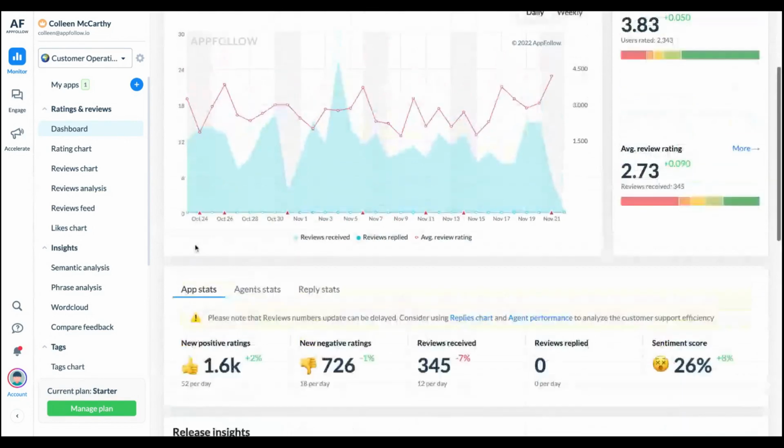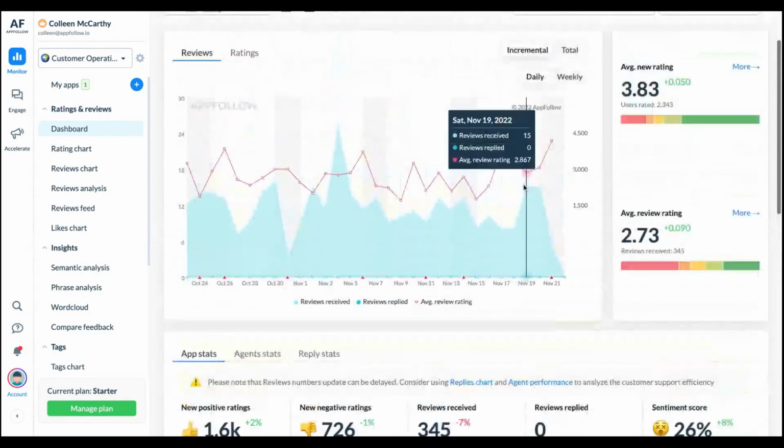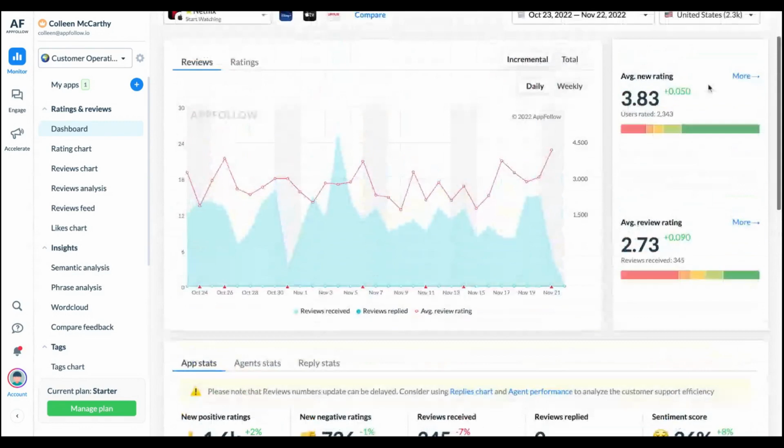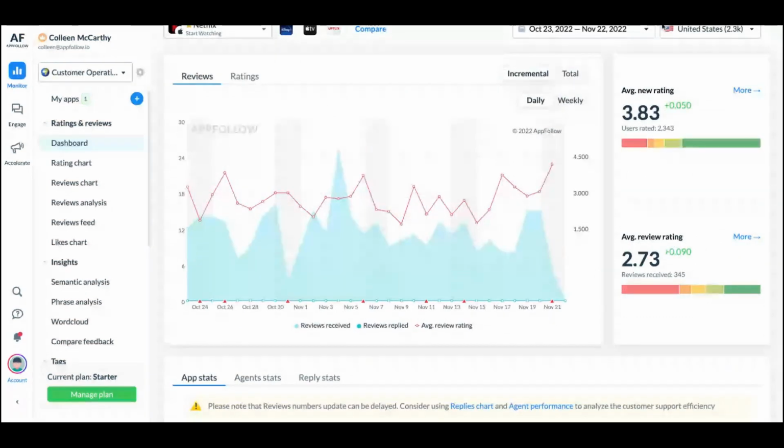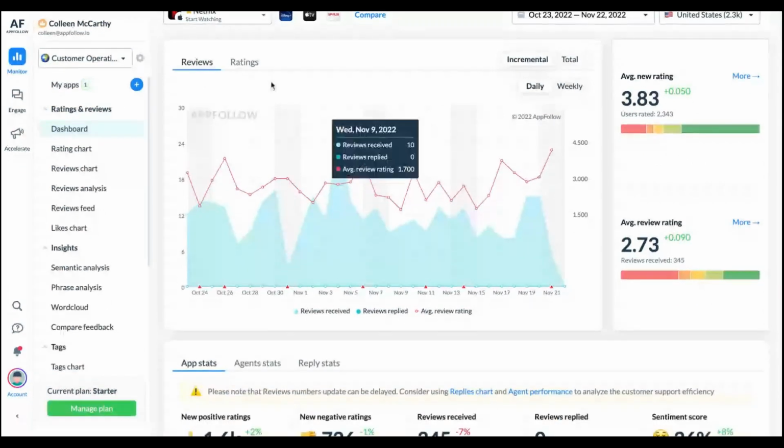From here, this is the average new rating for this time period, and this would be the average rating. So if I was to go to the App Store looking at Netflix, I would see the 2.73 rating. Great. Okay, so